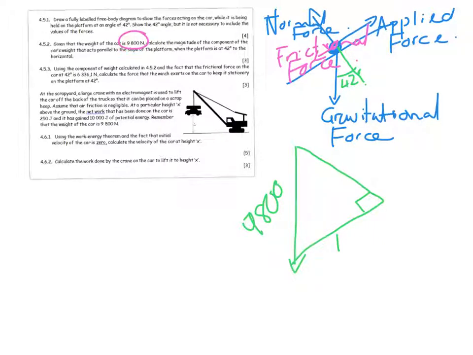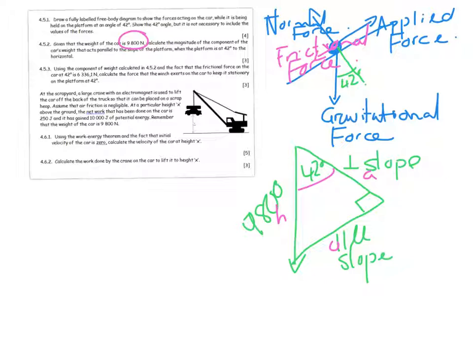This component is going to be the component parallel to the slope. This component that's 42 degrees. This component will be perpendicular to the slope. And I'm then able to say that based on that angle, this is my opposite, this is my hypotenuse, and